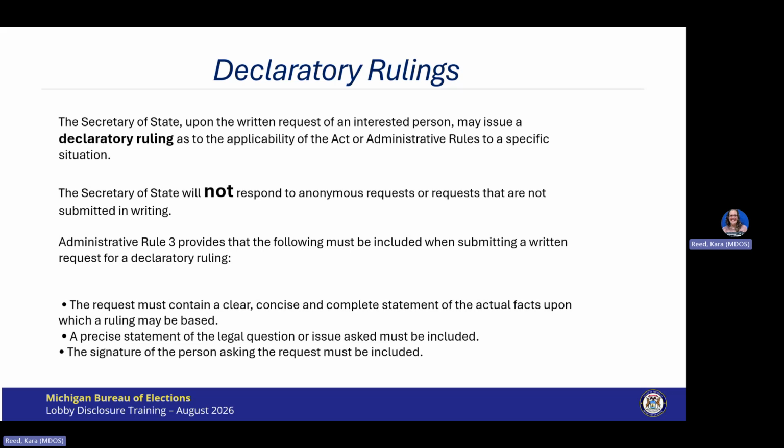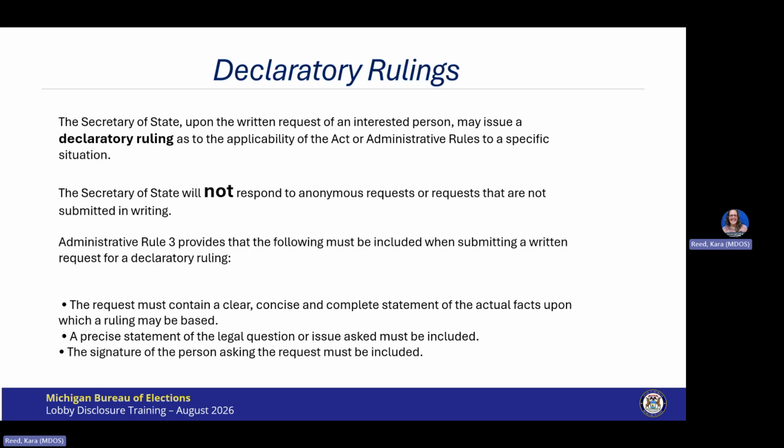Now, the declaratory ruling request is made available for public inspection within 48 hours after its receipt. Written comments on the declaratory requests are accepted from interested parties up to 10 business days after the request is received. A proposed response to the declaratory ruling request is made available for public inspection within 45 business days after